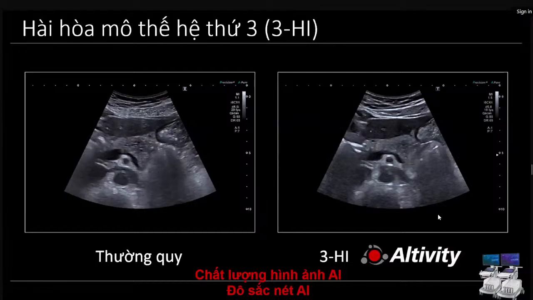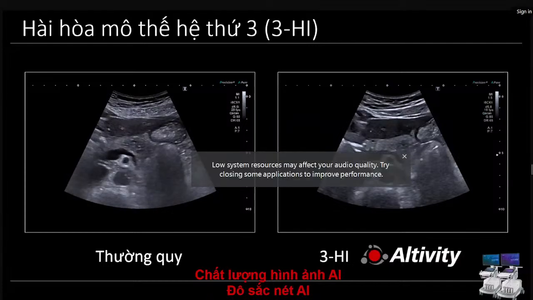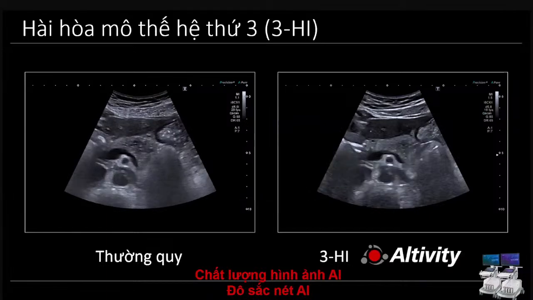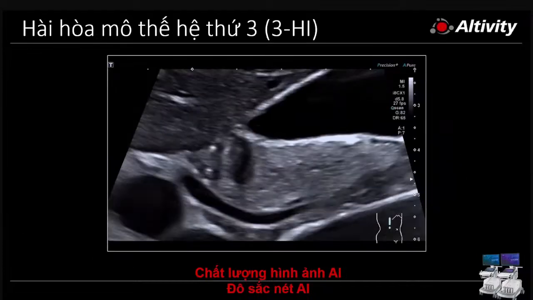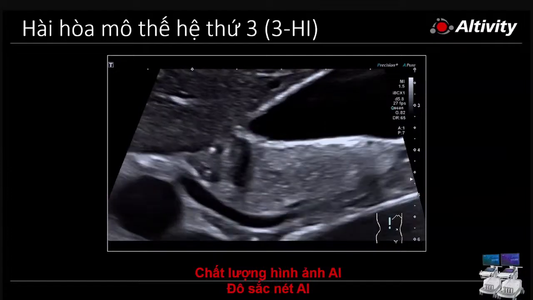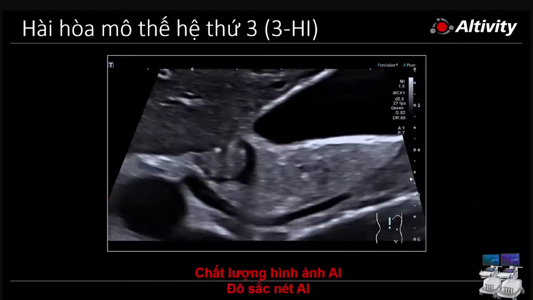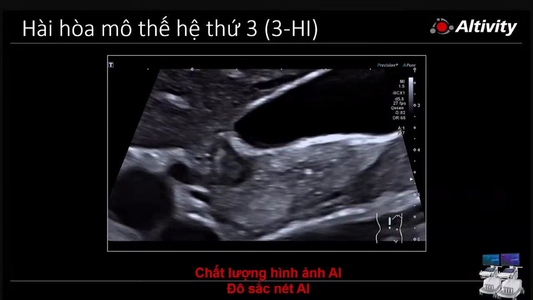So on the right-hand side, much clearer and a significant reduction of the noise, processing the image in real time. Again, a closer look with superiority of the image quality and sharpness using our third harmonic imaging with deep learning technology. This is just an introduction of the